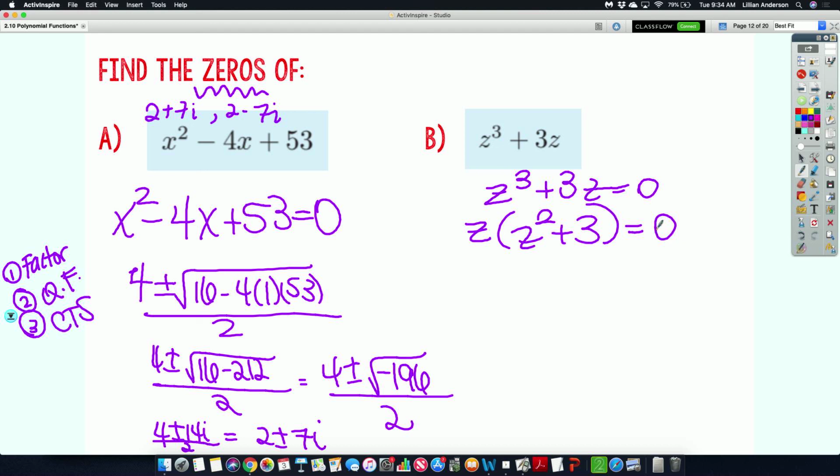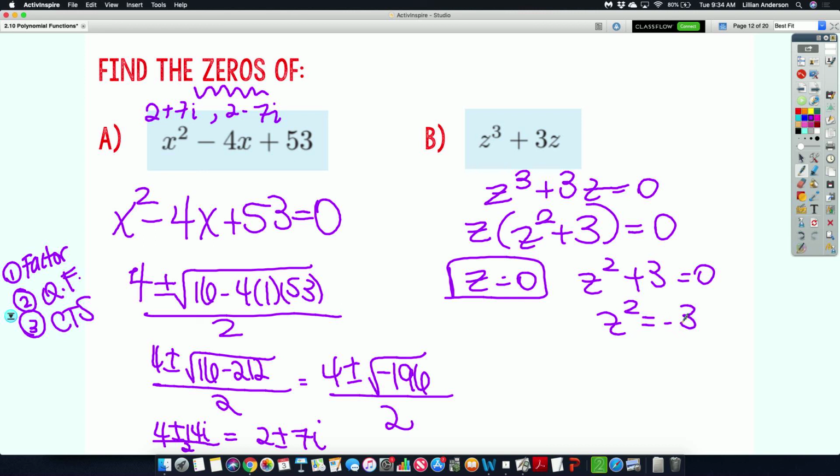What did you do from here? Use the quadratic formula on the polynomial. Yes, you could definitely do that with the inside. However, I would use the zero product property and set both of these factors equal to 0 because I am looking for the zeros. Okay? There's one of them. The other one